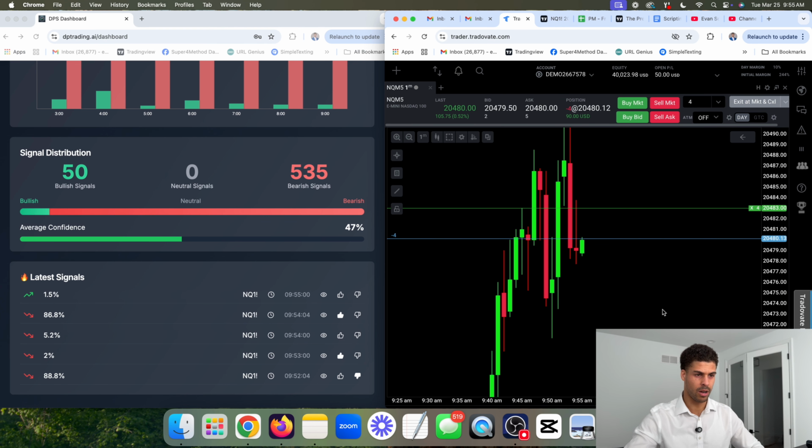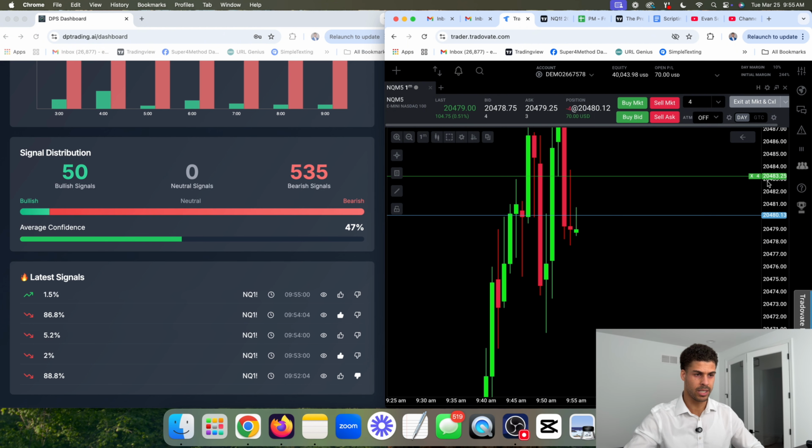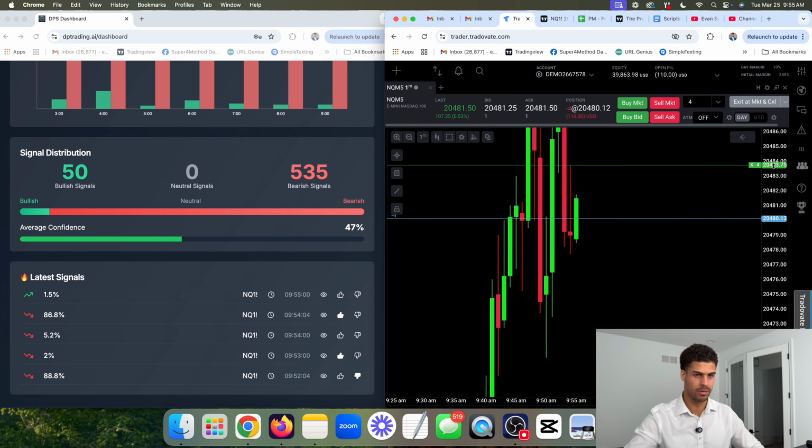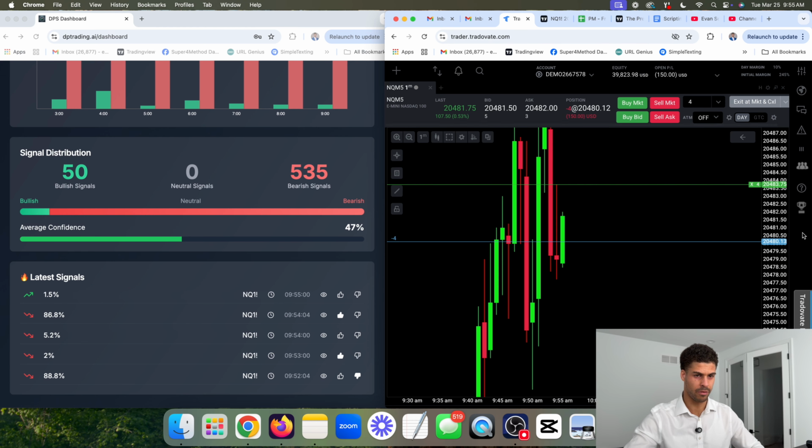That's why I like to see the overall distribution of signals, because that helps me see if the model is actually signaling according to or with price. Fudge. Had a chance to get out of this one. Profitable, more like a break even. But I really thought price was gonna flop down here.